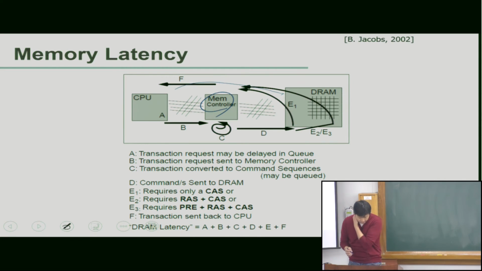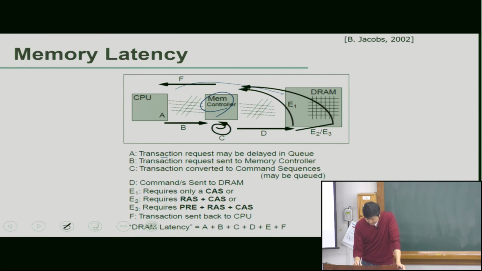Okay. So here, there can be some delay. Let's say this memory transaction request may be delayed in the CPU queue. And also, this transaction request is sent to the memory controller and the transaction is converted into a command sequence, like activation, read or write, all these things are converted. And this command is sent to the DRAM, and